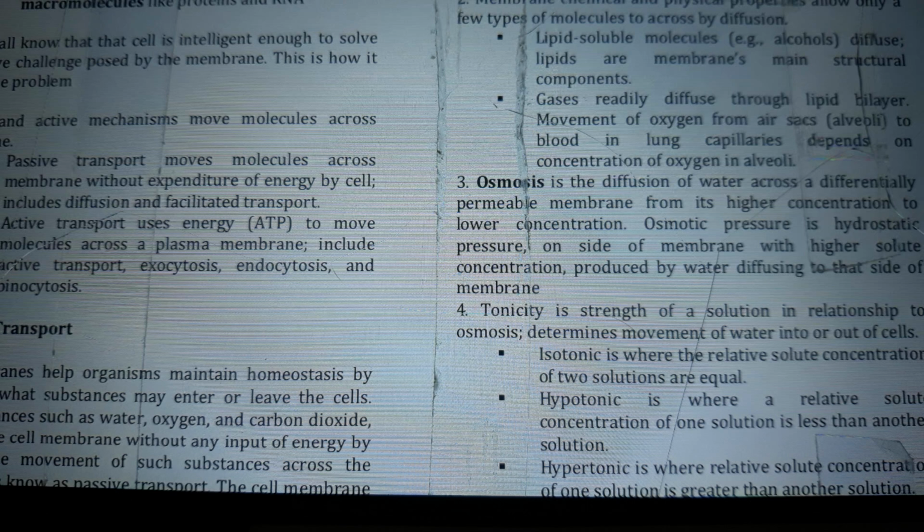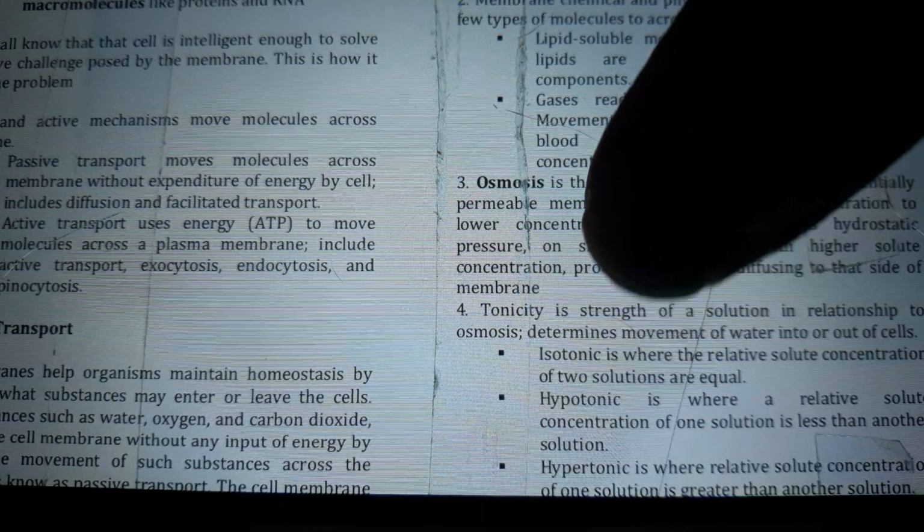Passive transport moves molecules across membranes without expenditure of energy, and includes diffusion and facilitated transport. Active transport uses energy, ATP, to move molecules across a plasma membrane,